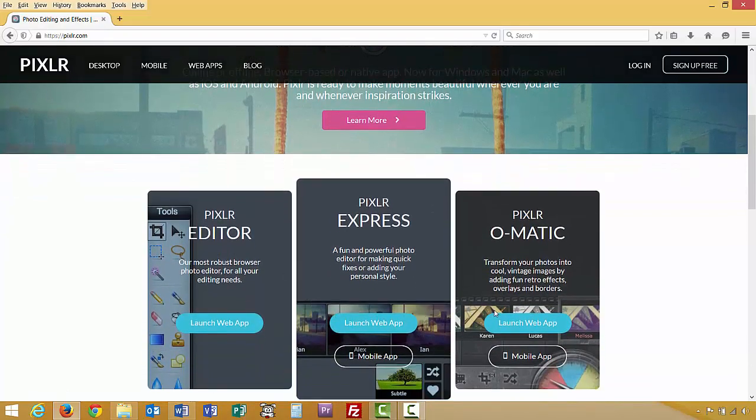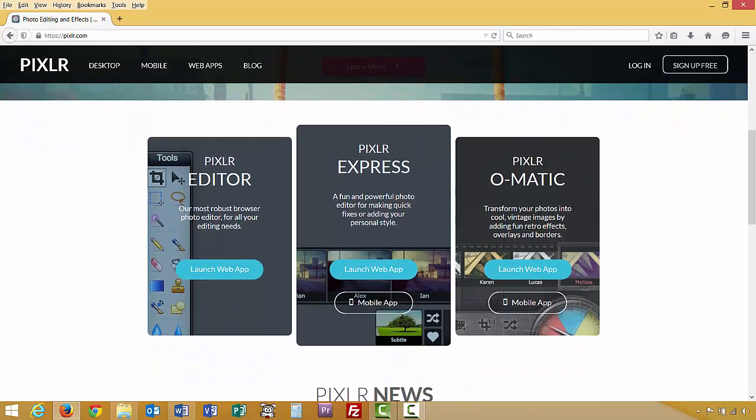The first way would have been down here with the Pixlr editor, and we're not going to use that one. That one has a really steep learning curve. If you've ever used Photoshop, Pixlr editor will feel very familiar, very comfortable. It's very robust. It's open source, I believe, and just about anything you can do in Photoshop you can do through the Pixlr editor. It would take us a really long time to learn all of the different ways to work with its tools,